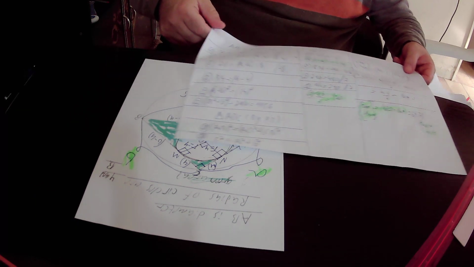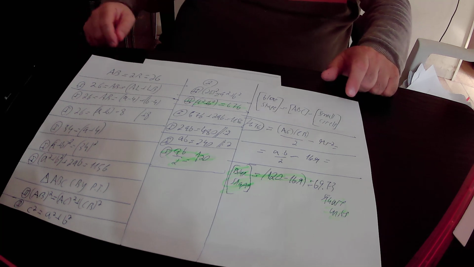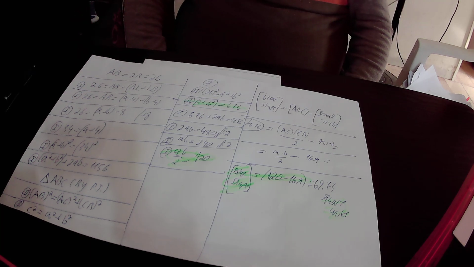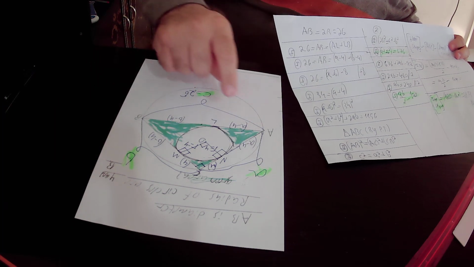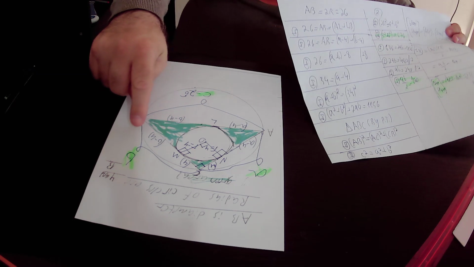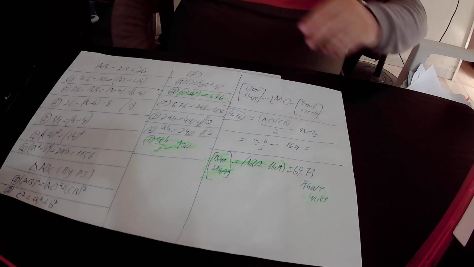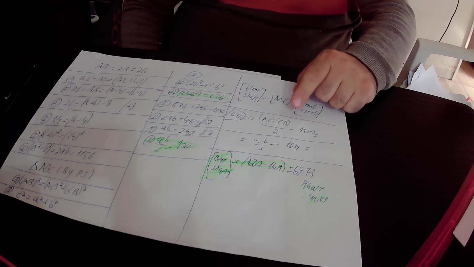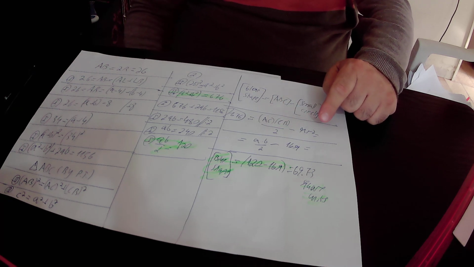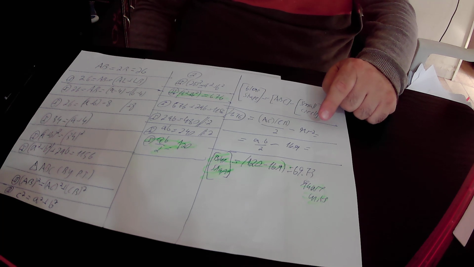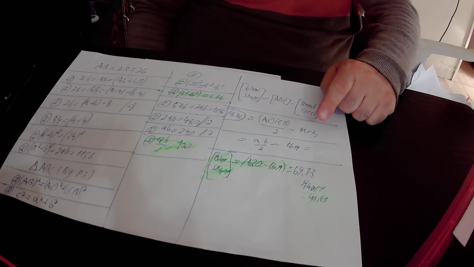The area of the small circle is pi r squared, where r equals 4 units. Here AC equals A, CB equals B. So in conclusion, AC times CB over 2 equals A times B over 2, minus pi r squared. R equals 4, so r squared is 4 squared, that is 16. So in conclusion, we found that the area of the blue shape equals A times B over 2